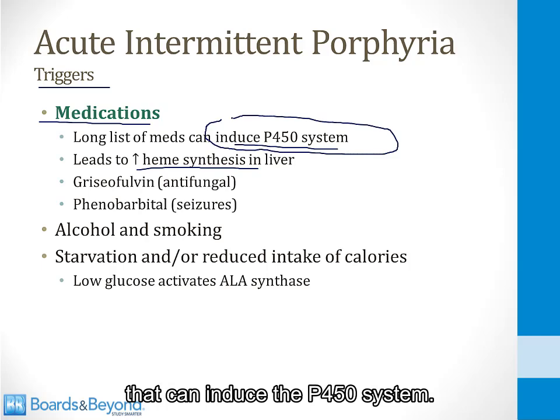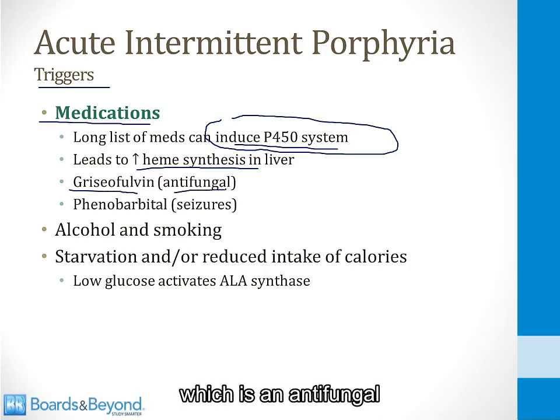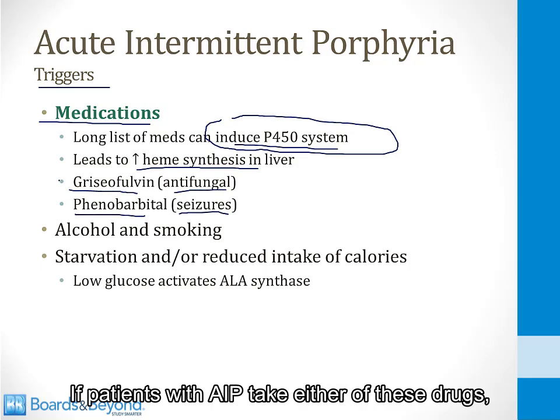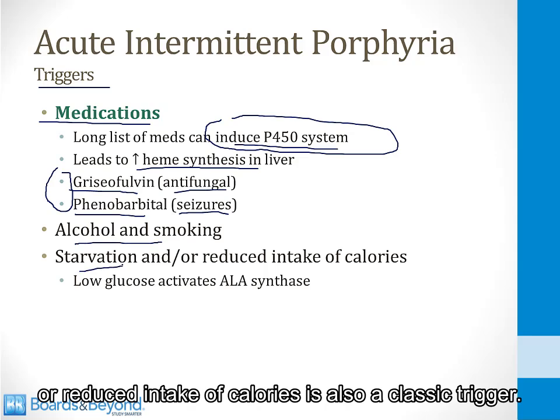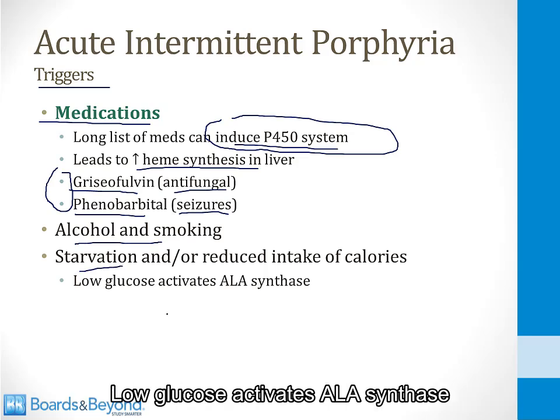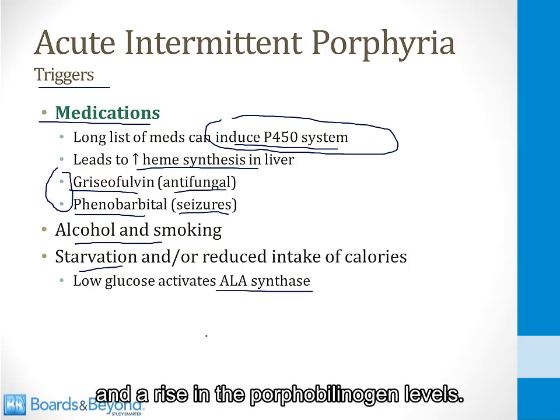the P450 system. Some of the classic drugs to do this include griseofulvin, which is an antifungal, and also phenobarbital, which is a seizure medication. If patients with AIP take either of these drugs, they will get very sick. Other triggers for the condition include alcohol and smoking, and then also starvation or reduced intake of calories is also a classic trigger. Low glucose activates allosynthetase, and this leads to more production of heme and a rise in the